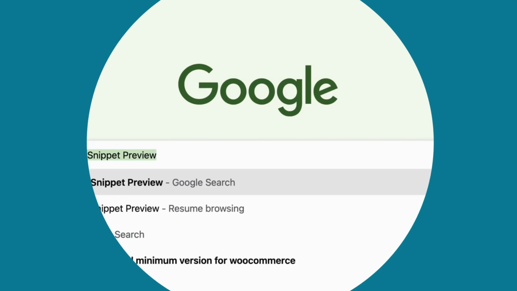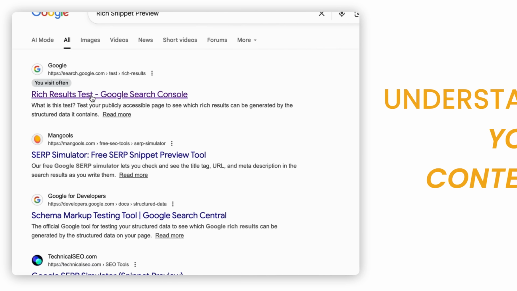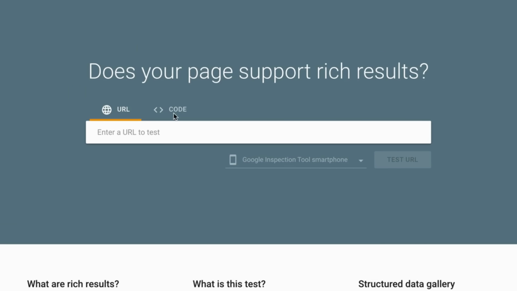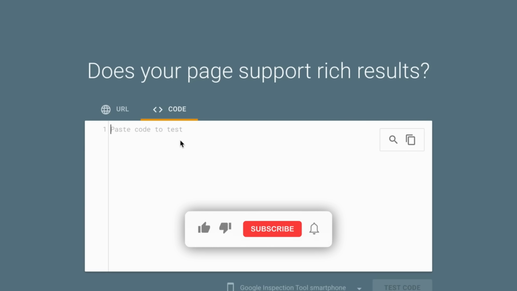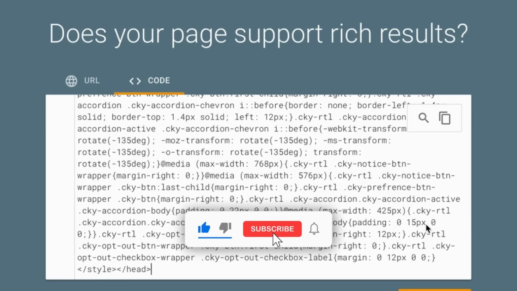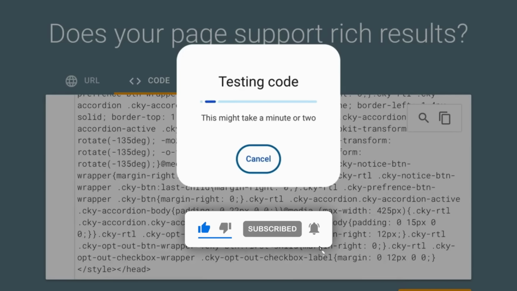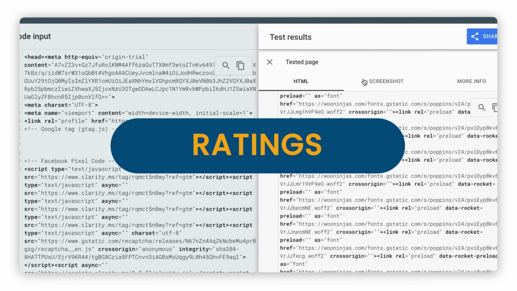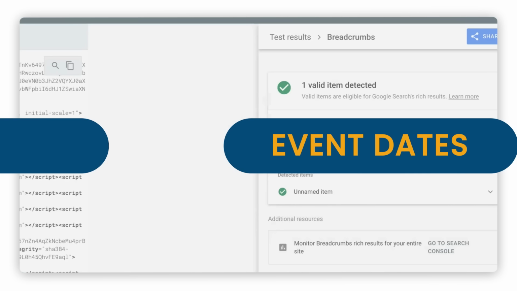Today's video is about WordPress schema markup. Schema markup is a small piece of code that helps search engines understand your content. Schema markup is structured data that provides explicit information about your page to search engines. Once it's added, your results may appear with details like ratings, product info, FAQs, or event dates if Google chooses